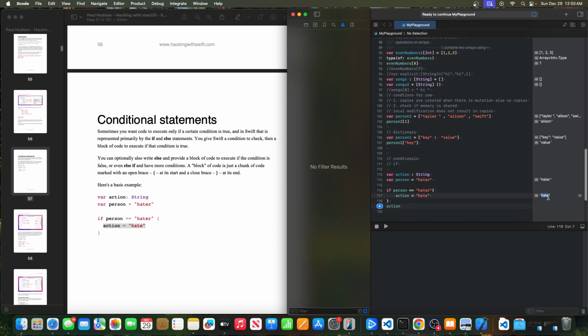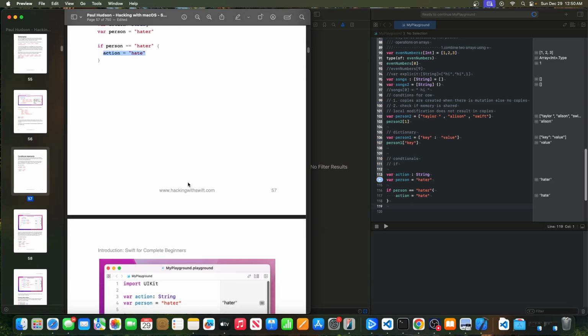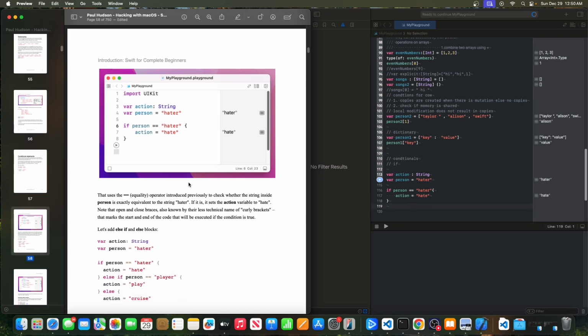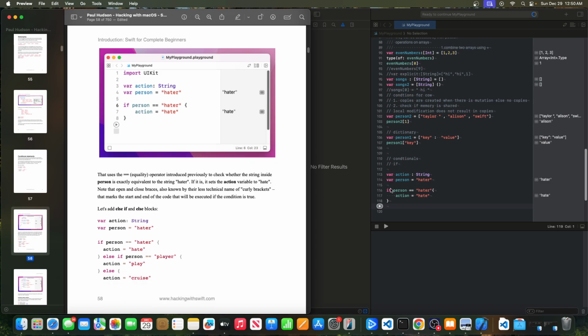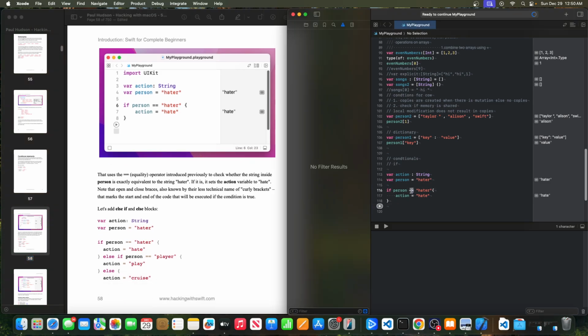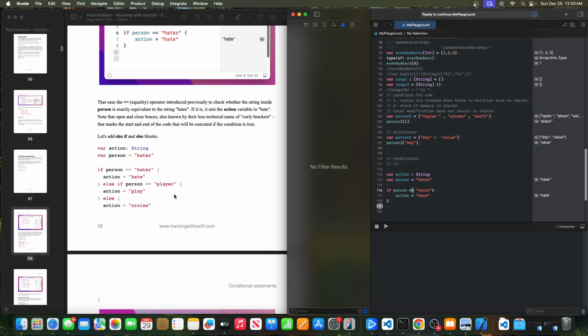Yeah, so action is getting hit, and that's okay. Next thing is the equality operator introduced previously, to check whether the string inside. Now this is an equality, it will check whether this and this are exactly equal. Okay, now then we have